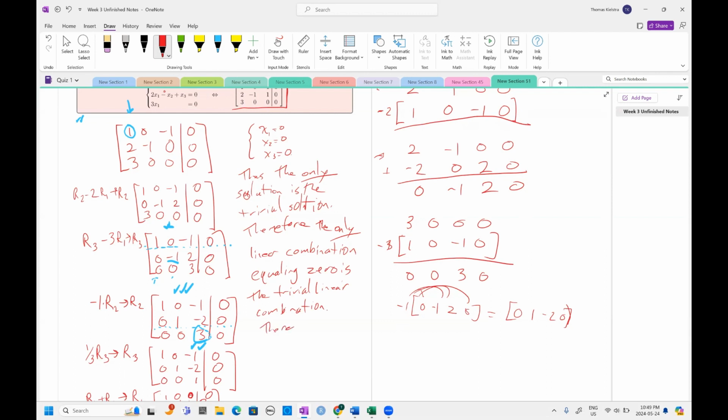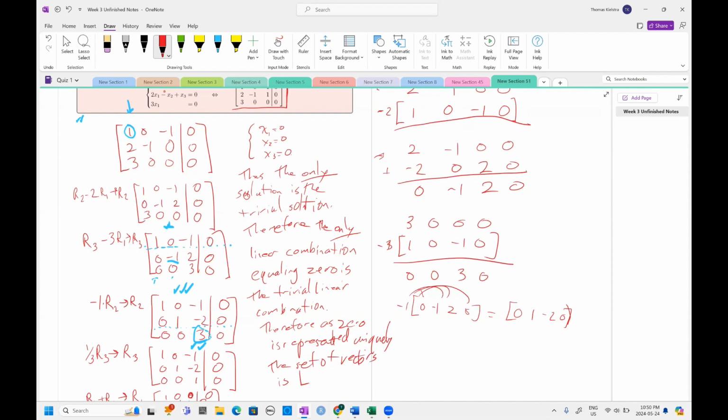Therefore, as 0 is represented uniquely, the set of vectors